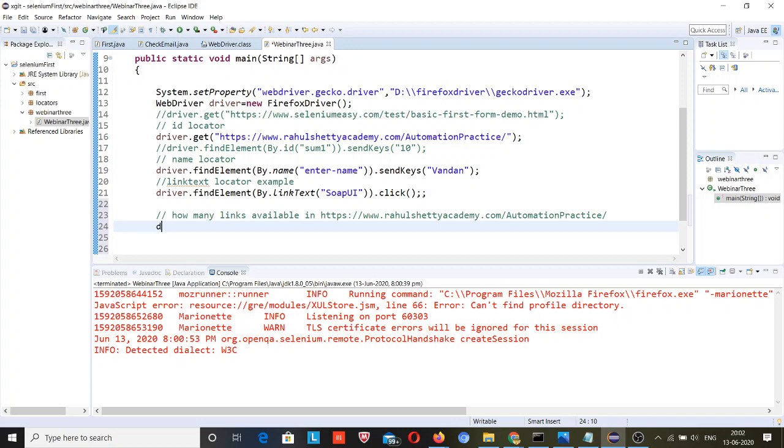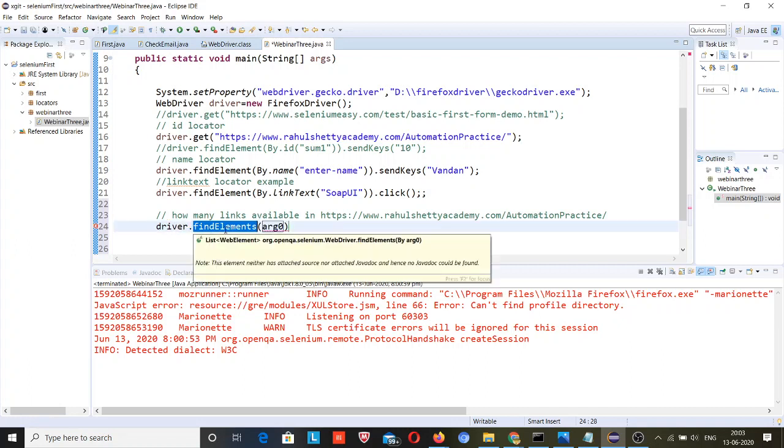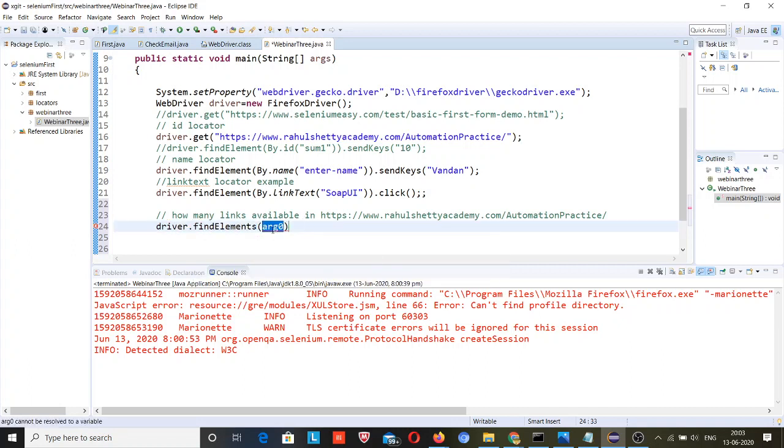So we can normally go with driver.findElement, but we cannot use find element, we should use find elements here. Why? Because find elements will return the number of elements present in this web page. Let me write the code first.